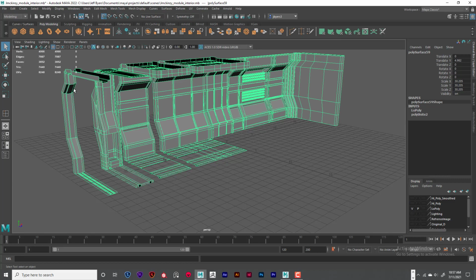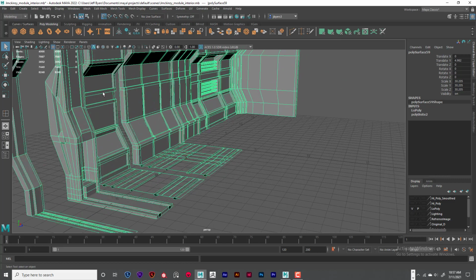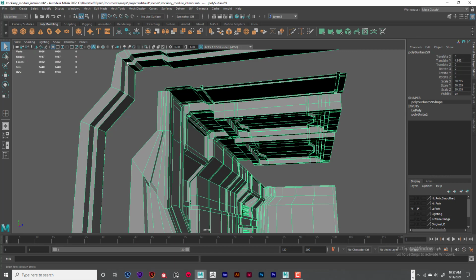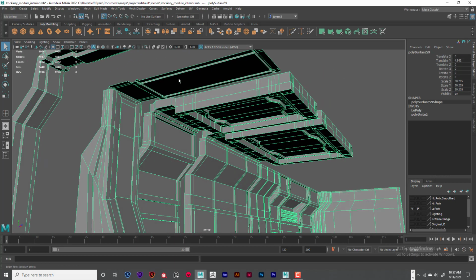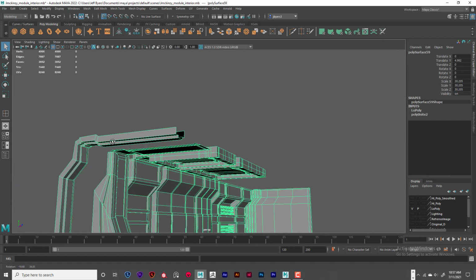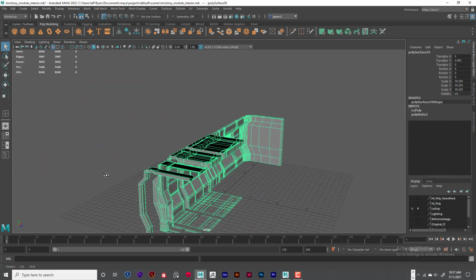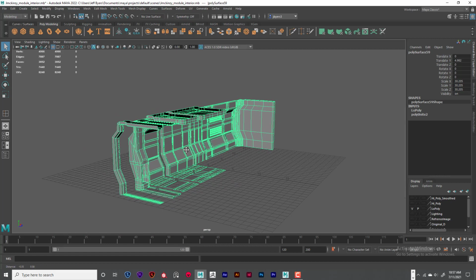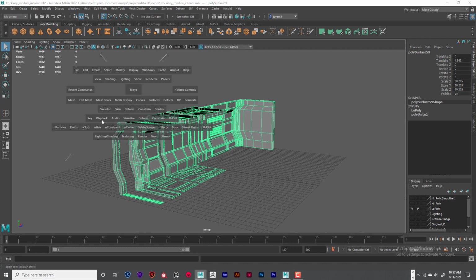Okay. So the first thing I see just looking at this is that these two pieces need to be separated, because this is why it's called modular. Okay, that's not a modular piece. That is like one solid piece. So we can't have that. So what I would suggest is that we want to separate those first of all, especially when they're low poly. We're going to be